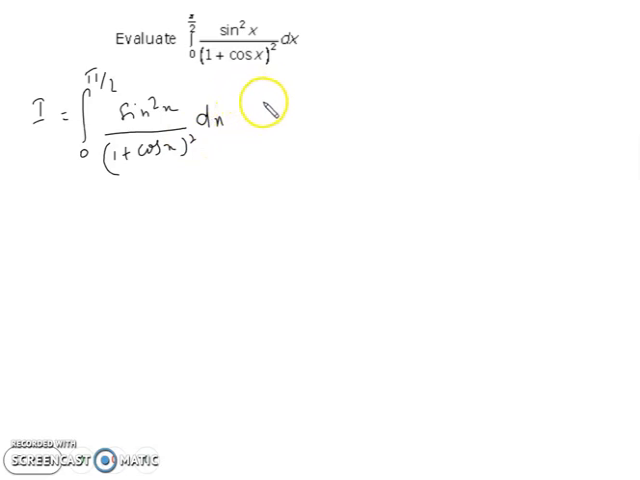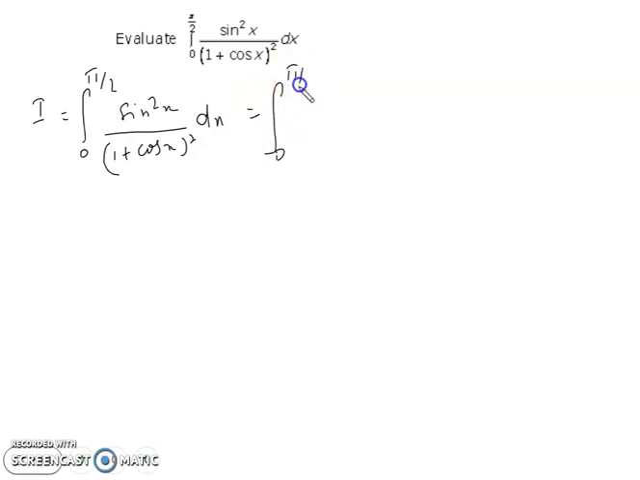So today I am going to discuss a very important question of integration. We have this form: I is equal to the integral from 0 to pi by 2 of sin square x divided by (1 plus cos x) whole square, dx. And we know that sin square x is equal to